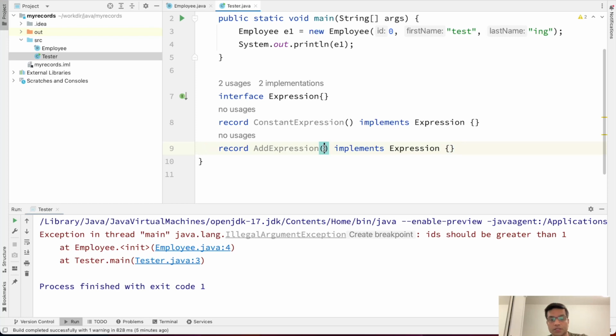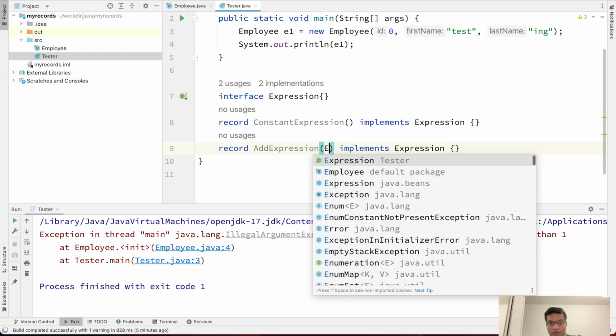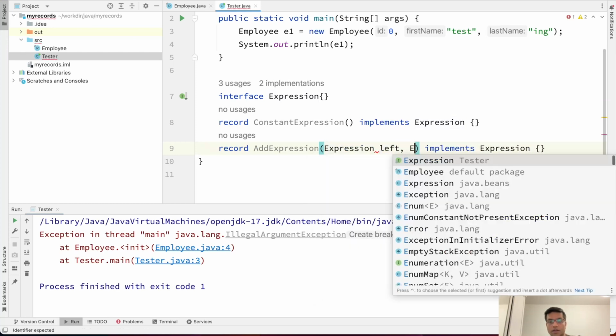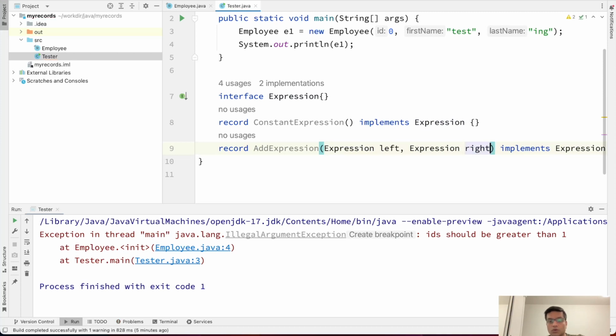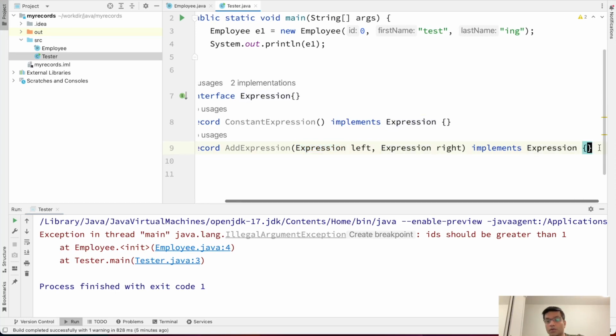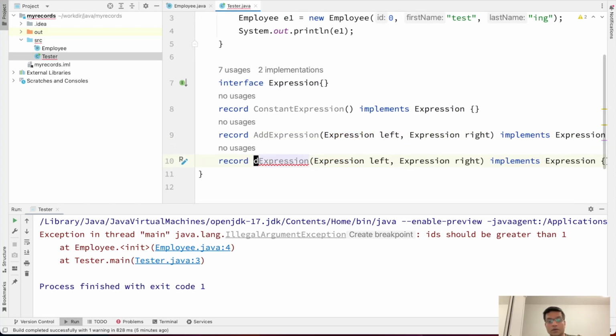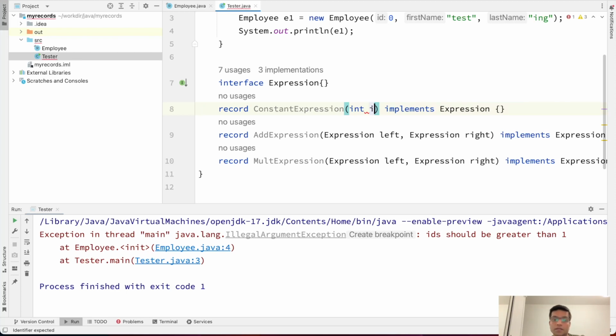So here you can see AddExpression. What you can do is you can have one expression left and another expression right. So add is like you add left and right, both can be expressions, right? That's how you will represent it. And now let's say similarly, I have a MultExpression. So similarly, you have a left expression and a right expression. Yeah. So that pretty much would be, let's say, ConstantExpression of some integer i, right? So these are the things that you can do with